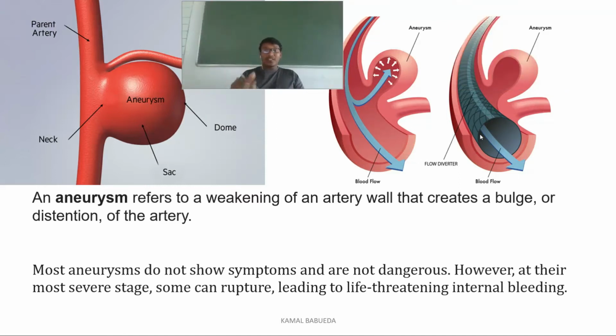Now we will see what this endovascular graft repair is. If an aneurysm is present, we enter the artery through the femoral artery and place a stent or meshwork there. It helps the blood flow through the mesh but not into the weakened part of the artery. Ultimately you can decrease the blood pressure over the blood vessel and slowly it will come down. So this is one of the treatments used, endovascular grafting.